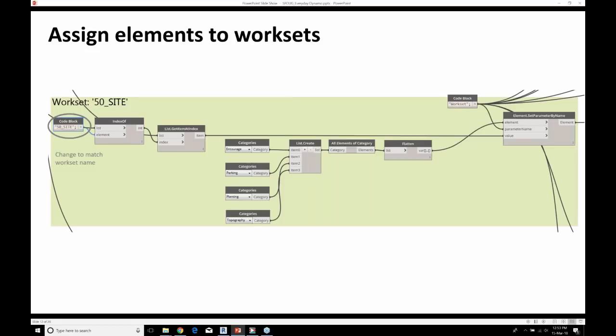If we look inside that custom node, there's a code block input searching for any workset named, say, 50_site, and then it's assigning anything of category entourage, parking, planting, or topography to that workset. If you wanted to make changes, you'd simply add or subtract some of those inputs in the list create, and then plug in different categories to group them accordingly.